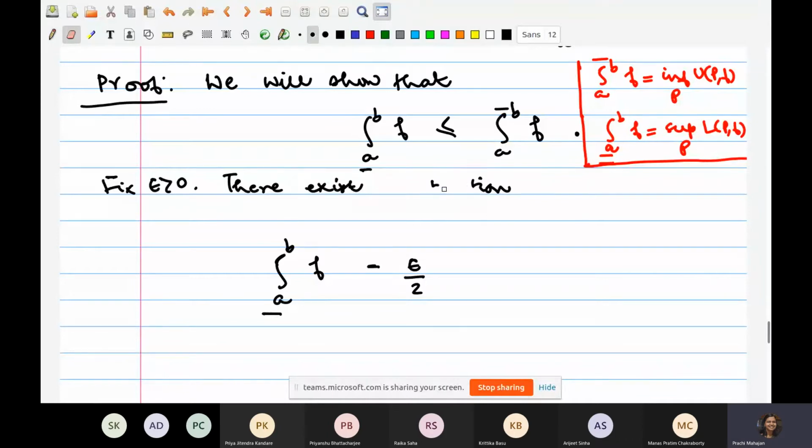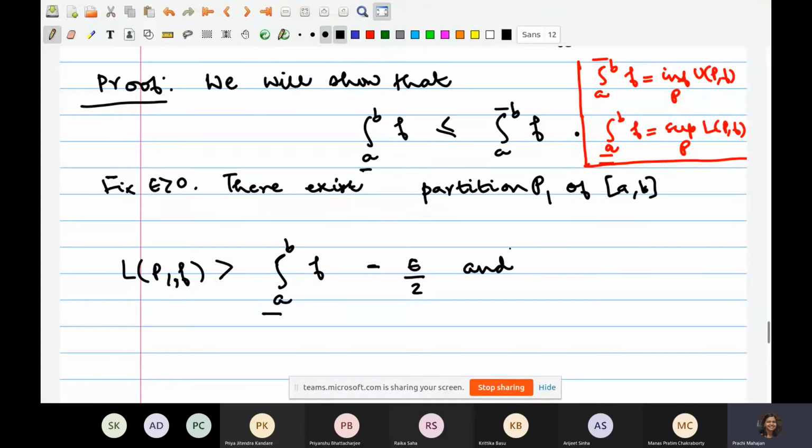So is everybody with me? All I'm trying to say is that the lower integral is the supremum of some quantity. Now I'm taking the lower integral minus epsilon, which means that this is less than the least upper bound, which means that it cannot be an upper bound, which means that there must be a partition of the interval AB. Let me give it a name, P1, such that the following inequality is obeyed. So this is the lower sum corresponding to the partition P1, and I should have a strict inequality here. Is that okay?